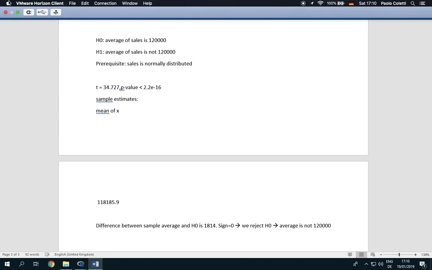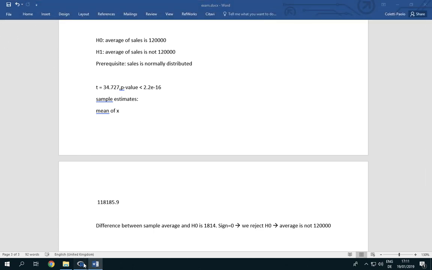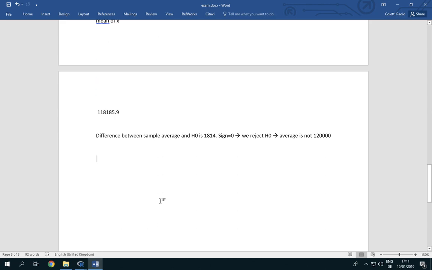Test and comment whether the position of sales is the same for size categories, checking any eventual prerequisite. Okay. So this is a Mann-Whitney test, no, Kruskal-Wallis. There is no prerequisite to check actually. So checking an eventual prerequisite, there is no one. H0: position of sales is the same for each size category. H1: at least